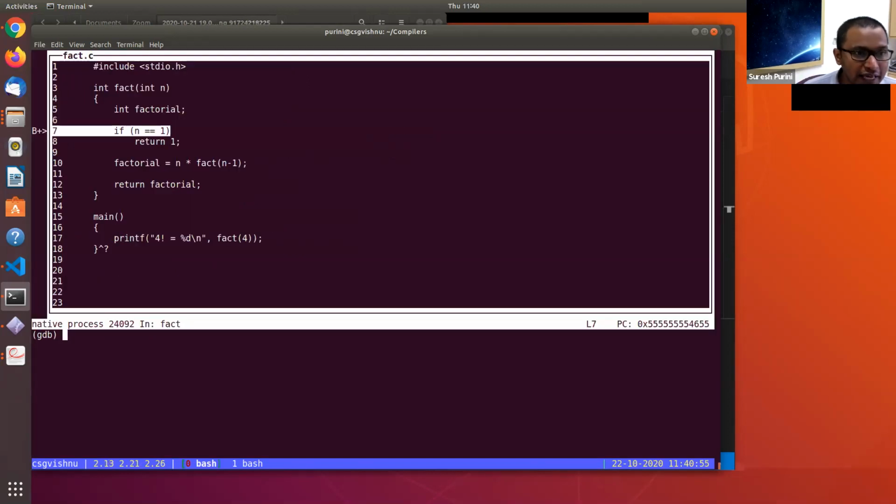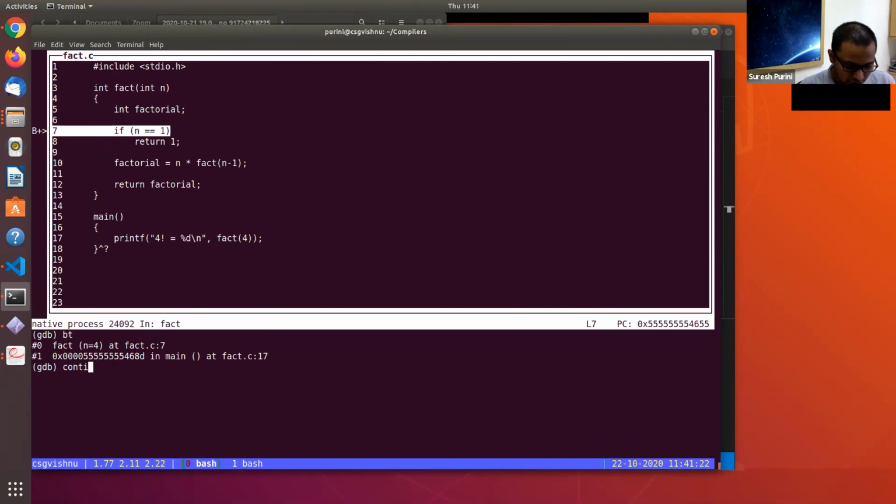We are on line 7 here. If we do a BT, GDB shows the stack: we have main, and on top of main, the activation record for fact with n equal to 4 is present.